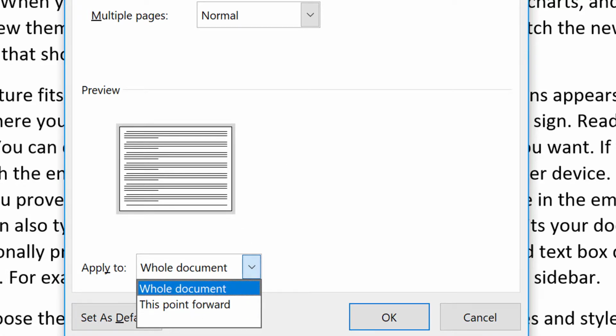Now in another video, we'll talk about section breaks and page breaks, and thus how we can apply different margins to different pages. So there's the basics of